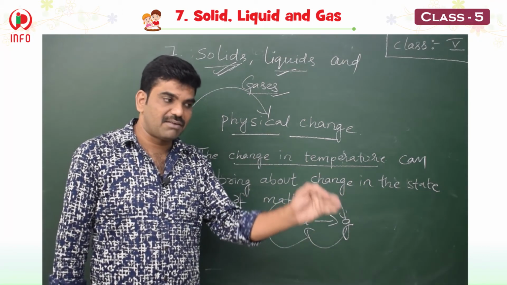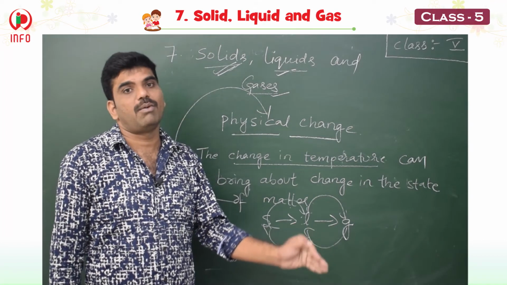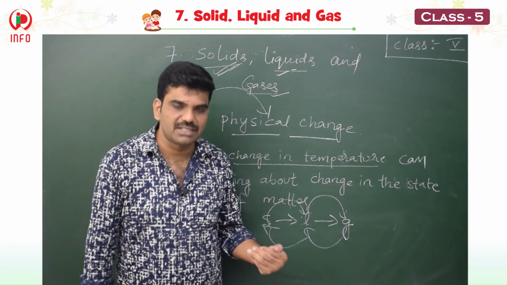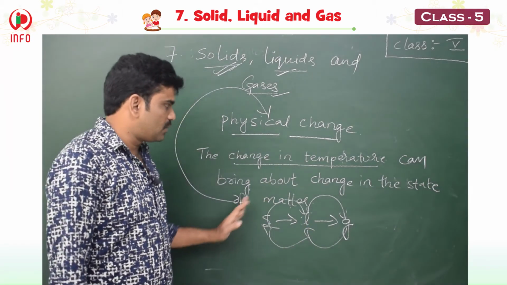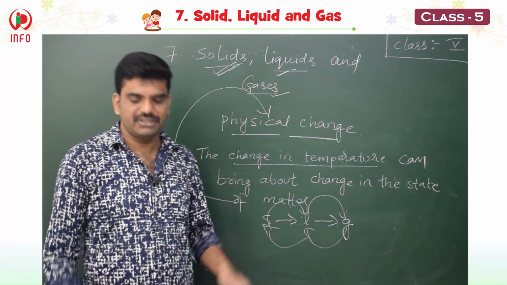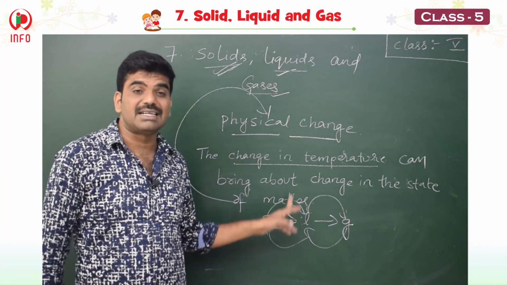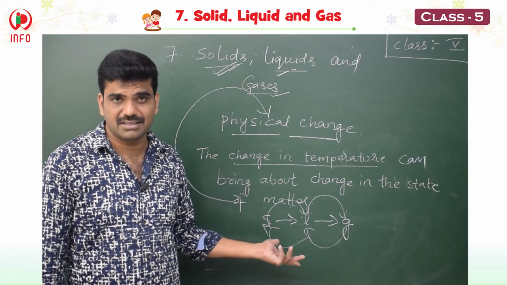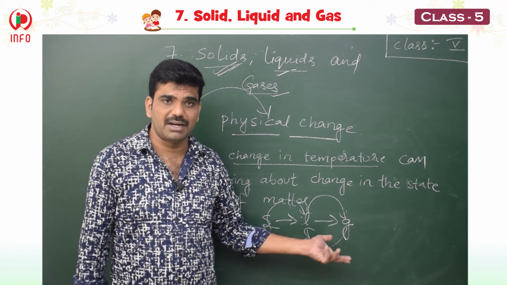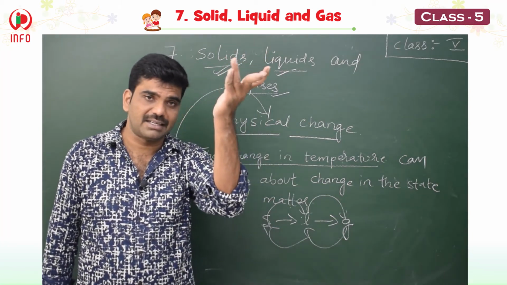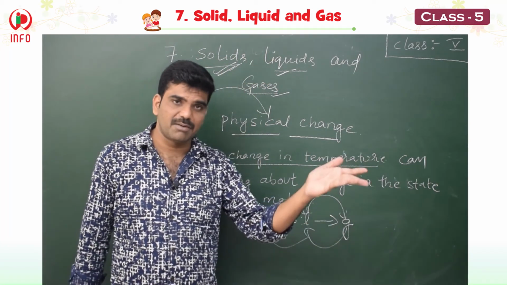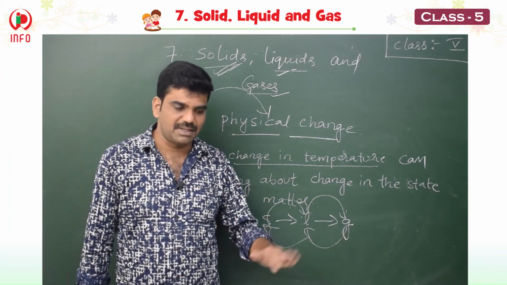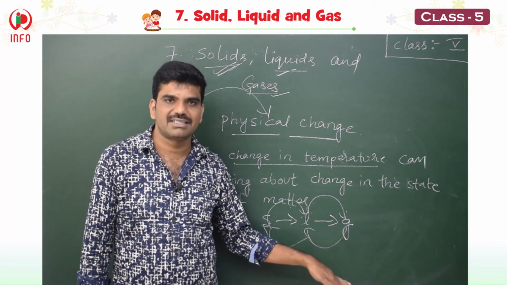The ice can be converted to water. Water can be converted to ice when you keep the water in the deep fridge. Okay, children. So this change is called physical change. And this is a temporary change. Why? Because the solid ice is not permanent. It melts. And the water is not permanent. Even it becomes vapor on heating. Even the vapor is not permanent. And by condensation, once again it comes to another state. That means these are not permanent states.